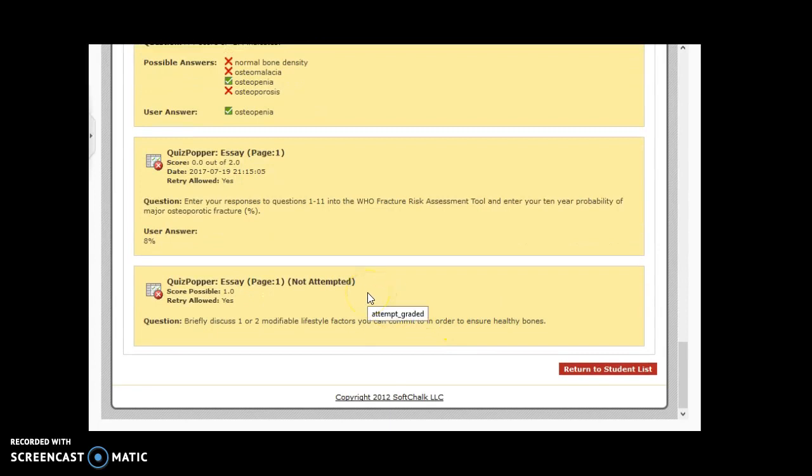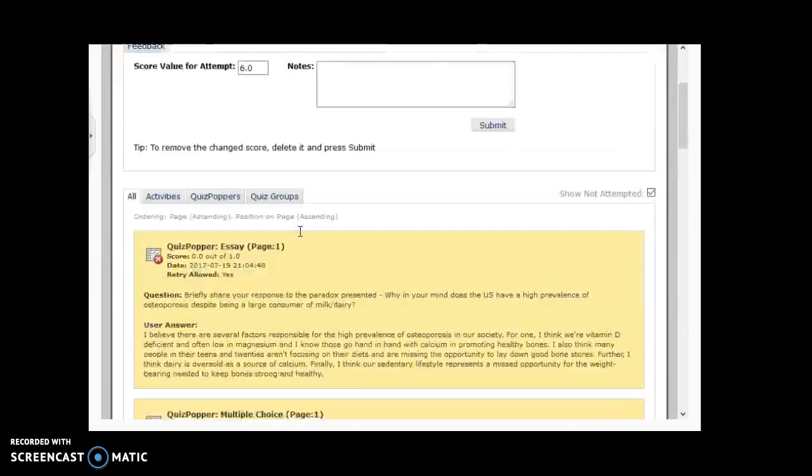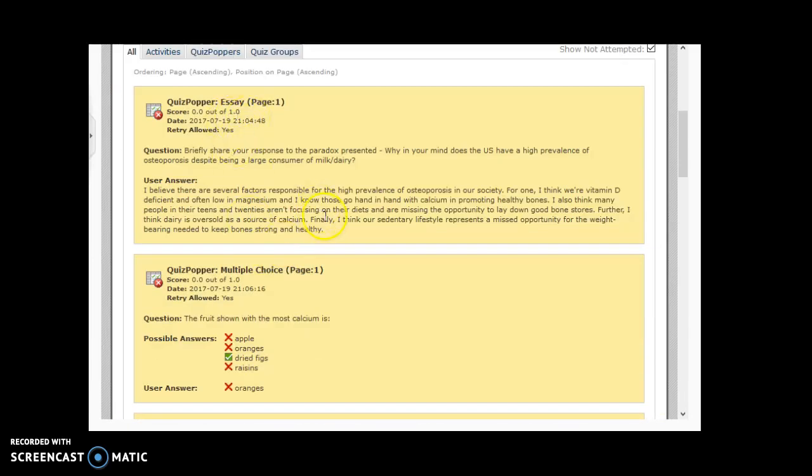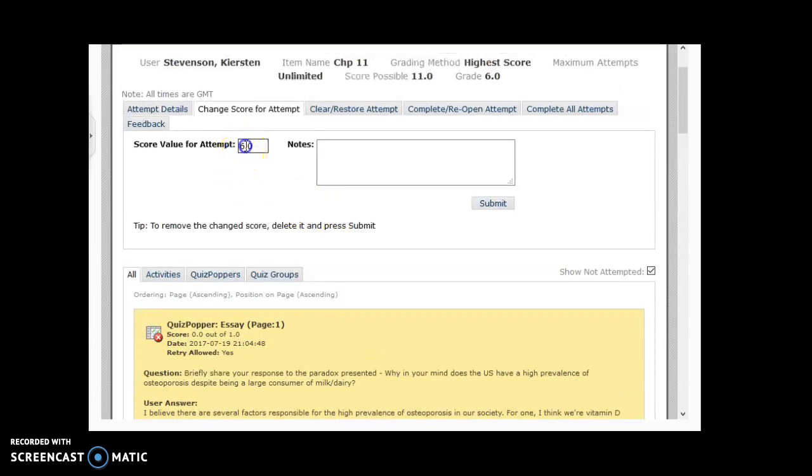And then I know that the last two essay style questions are at the bottom. And she did go through and answer the first one, and looks like she skipped the last one. So her score should be 2 points for this second to last question. She gets 0 for the last one. And then she gets 1 additional point for answering this first question. So instead of a 6, we're going to give her a 9,